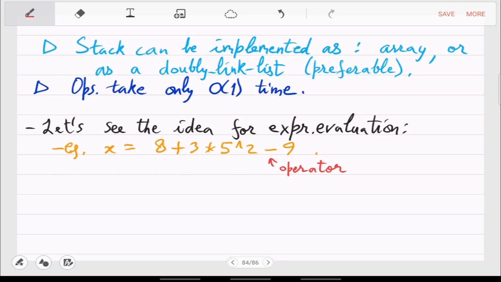So these are all binary operators. But as you know, plus and minus can also be unary operators because they may just be a sign. You may have just minus 9. So plus and minus may expect one input, but usually they expect 2 inputs, and exponentiation always needs 2 inputs. These inputs are called operands.